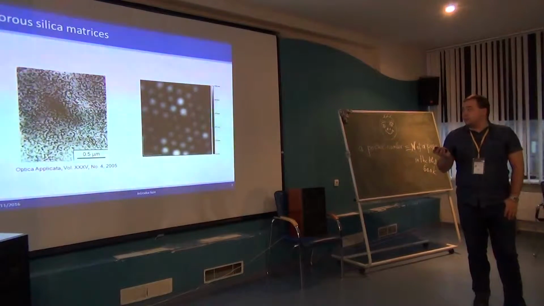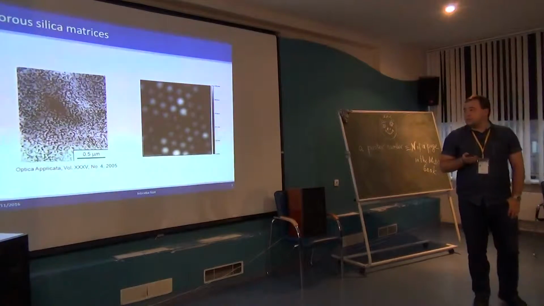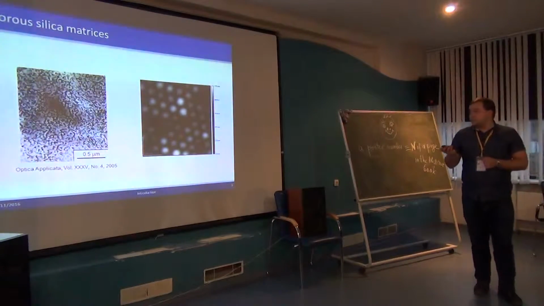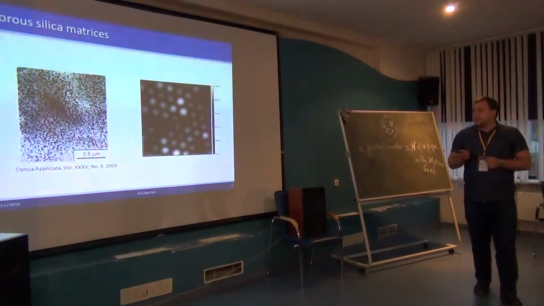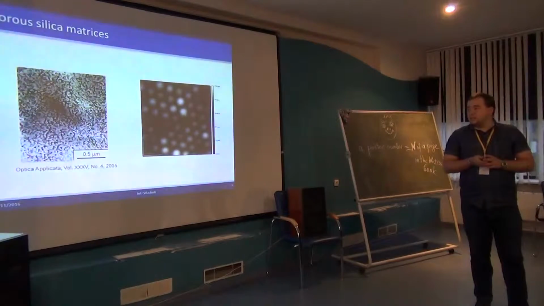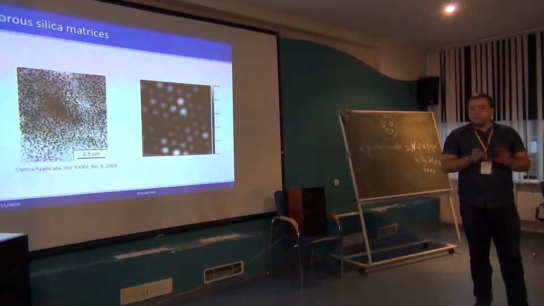The size of metallic particles embedded into synthetic opals is about 40 to 90 nanometers. It actually depends on size of silica globes. And as for porous glasses, the size of particles under investigation varies from about 3 or 5 nanometers to several